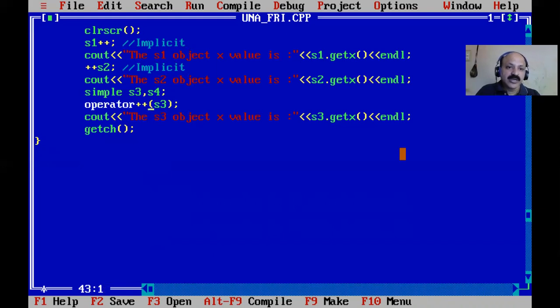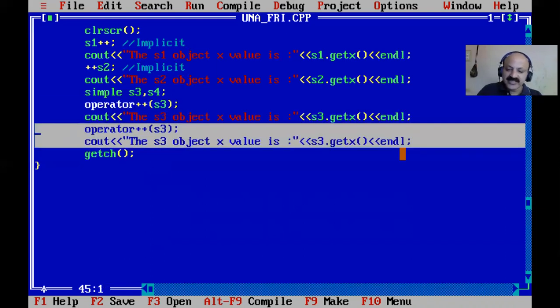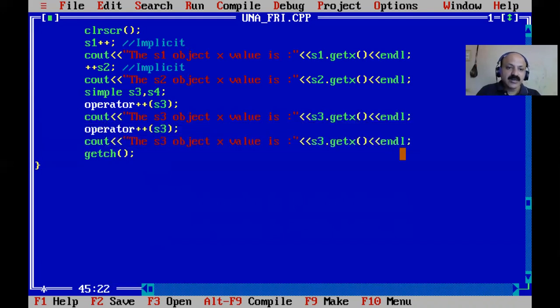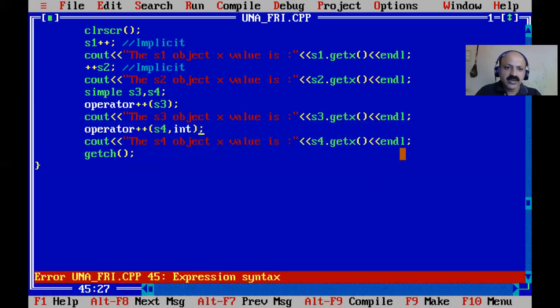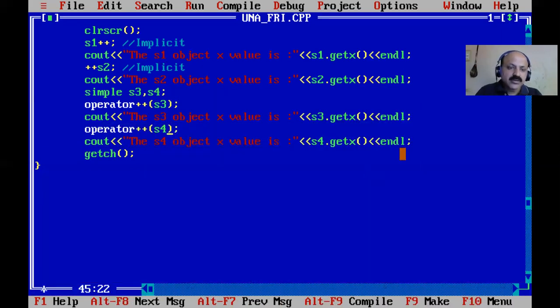So here again I copy these two lines and paste, and here we can pass the S4, and then we can use the sign bit, I think just int, and here I call the 4, and then here also 4 as object 4. I think any error is there? Yes, one error is there, we cannot pass an integer, but we can define the plus plus sign, so then